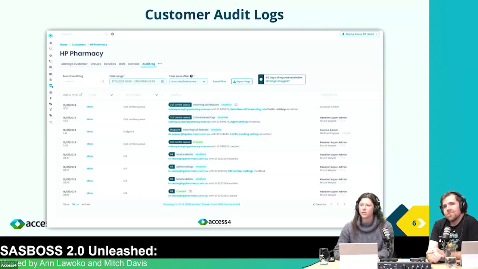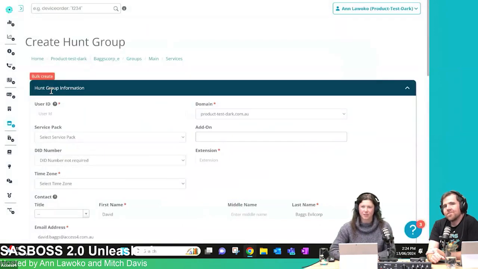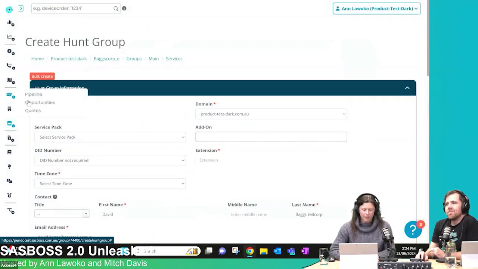Is there also versioning services? So almost filtering upon a specific service, so you can see all the changes for a specific service rather than everything for a customer. Yes, you can. So again, that screen's probably not the best. I'll jump to the live version of SASBOSS because it's a bit washed out. But if I go back to that customer,